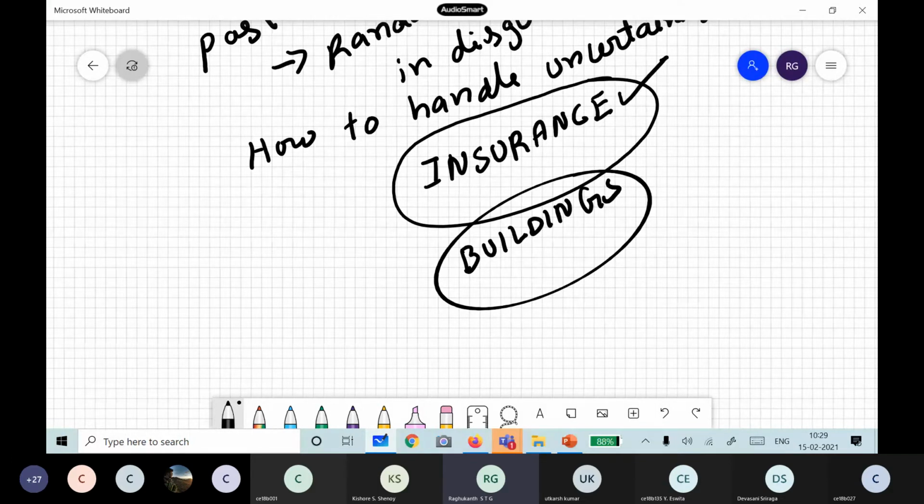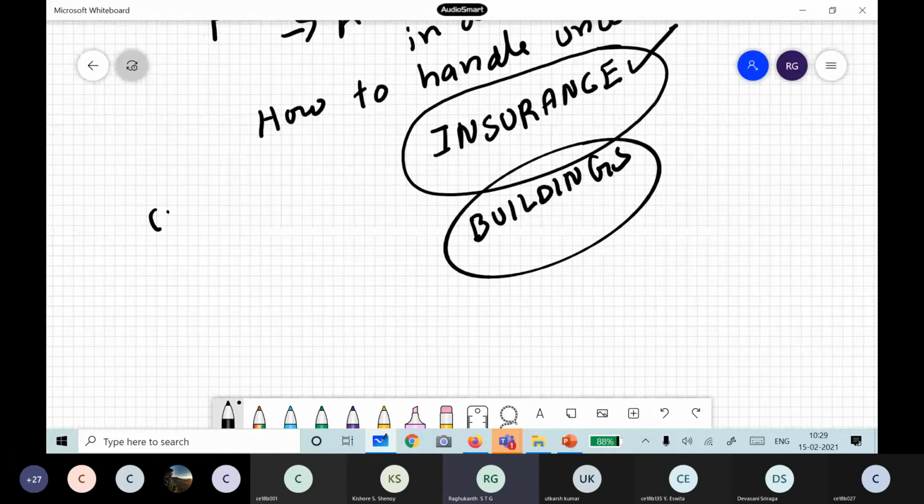So now we all know that there is some amount of uncertainty in our future. So we cover the risk with insurance. This is the design concept, this is our design also. Cover the risk with insurance. Of course it's an old concept in America, but in India now we are implementing all these things, covering the risk with insurance for buildings also.